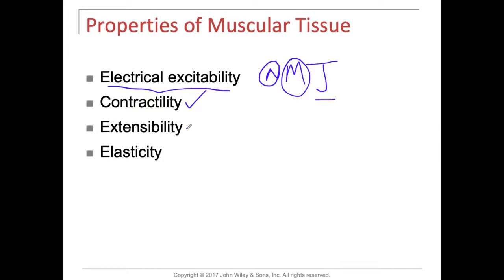When muscles elongate, they have the ability to extend. That's extensibility. All muscles have a degree of extensibility and elasticity, but if they go beyond that, your soft tissue tears. Once soft tissue is stretched beyond its anatomical limit, then the muscles or the tendons either strain or they just tear.